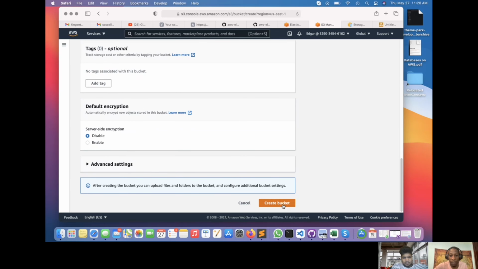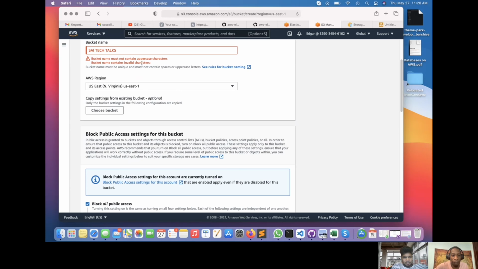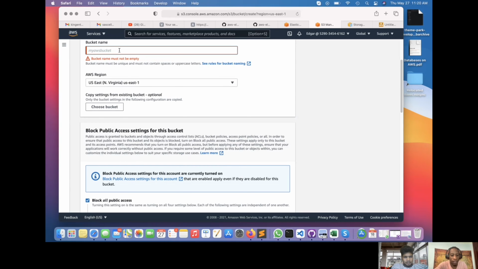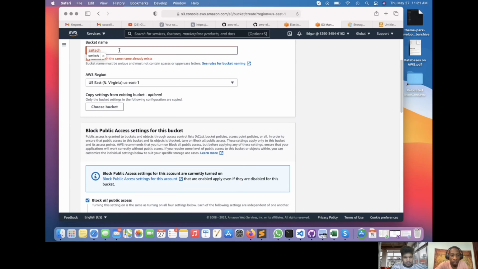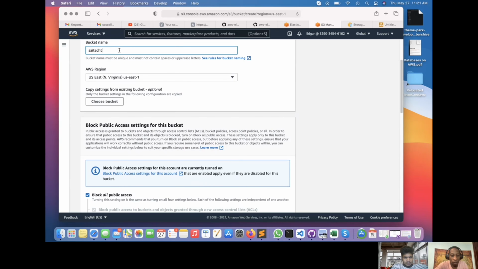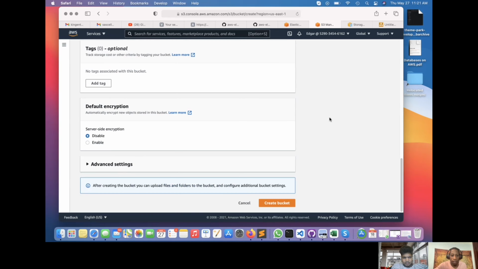And then we're gonna say create bucket. Well, it says bucket name must not contain uppercase characters. Bucket name contains invalid characters. So it has to be in lowercase, and it doesn't have spaces. So we're gonna keep it small, site tech talks. When I say create again,